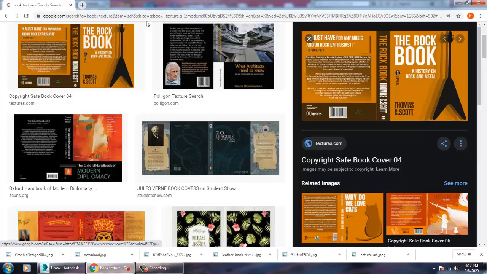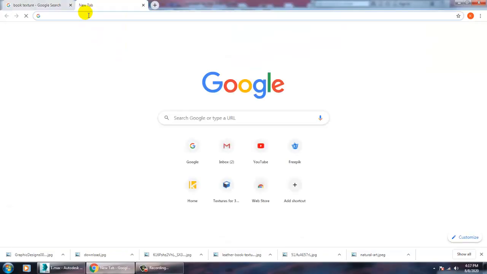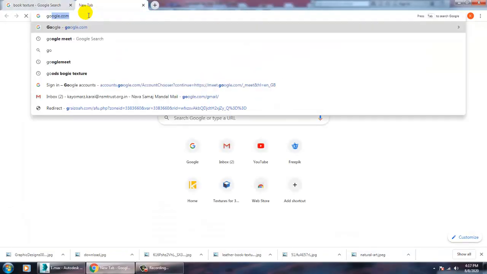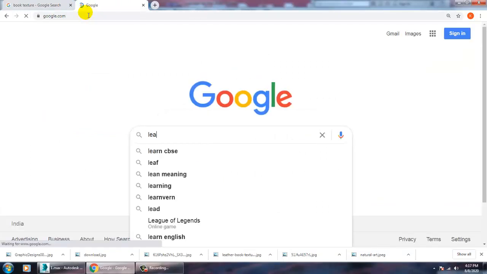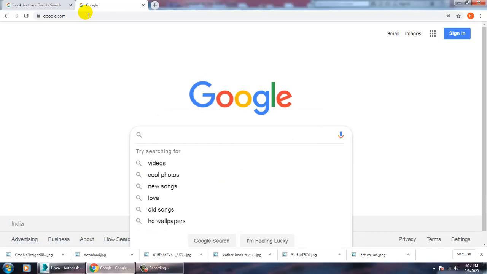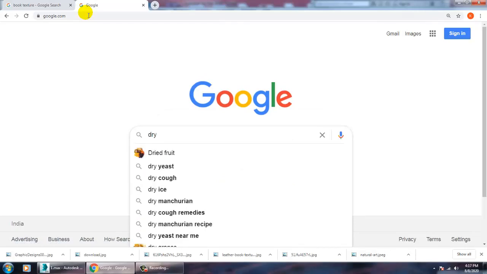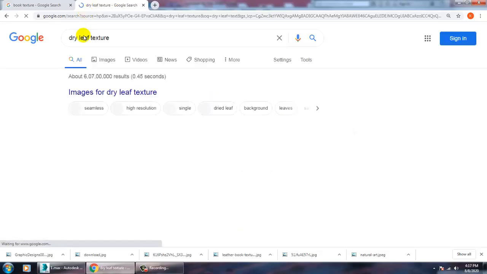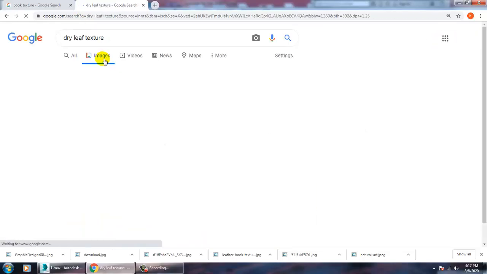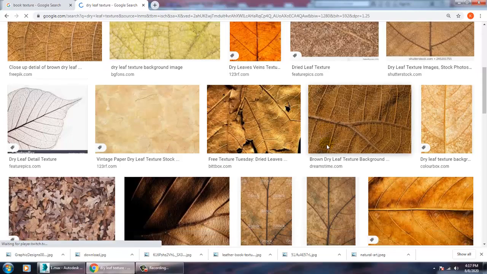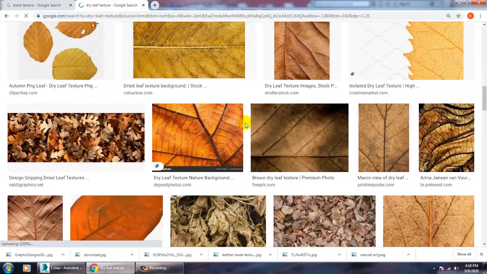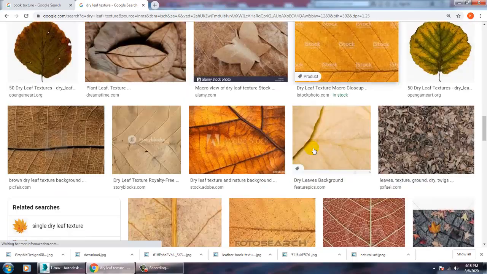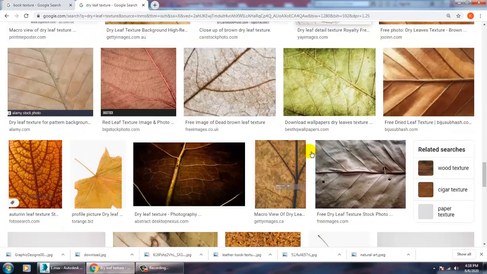If you want to go with some kind of a leaf texture, you can go with a dry leaf texture. So it won't look directly good if you directly apply it.